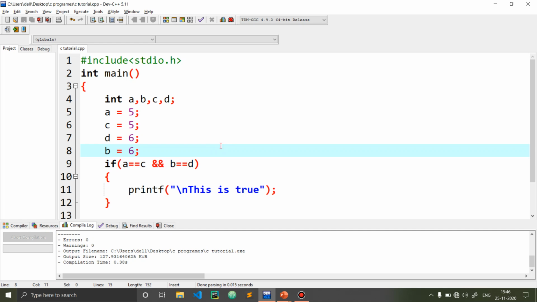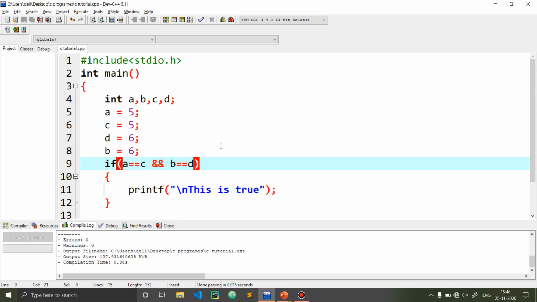Because in the binary number system, and if you have the knowledge of Boolean algebra or the gates, you know that 0 and 0 is equal to 0, 0 and 1 is also equal to 0. Similarly 1 and 0 is also equal to 0. Only 1 and 1 equals 1.